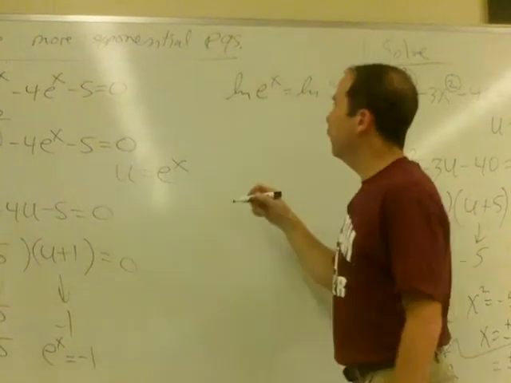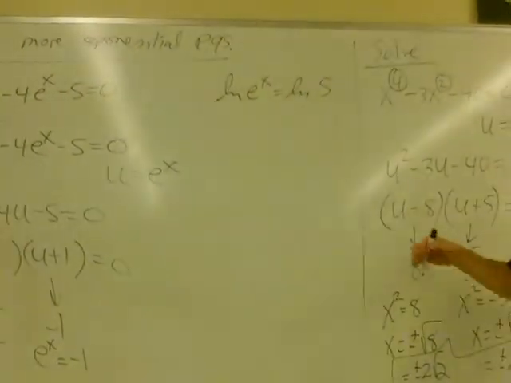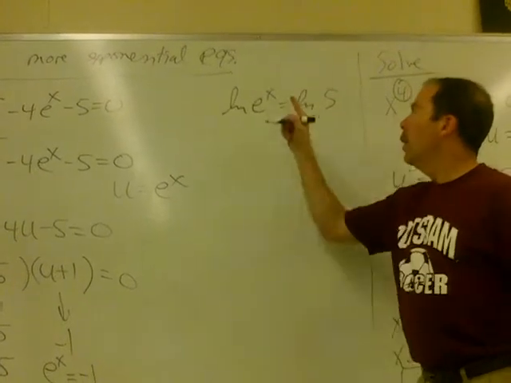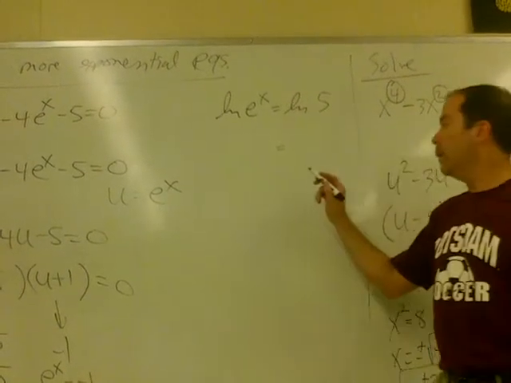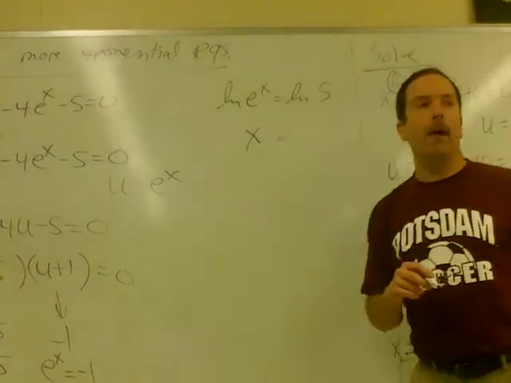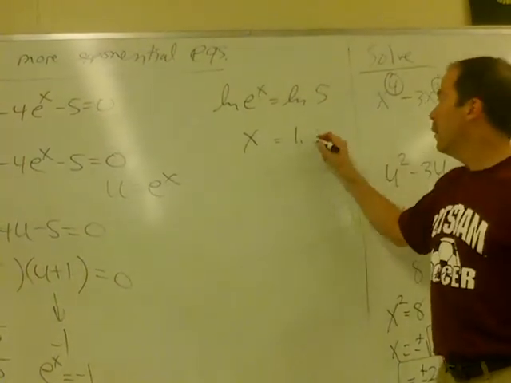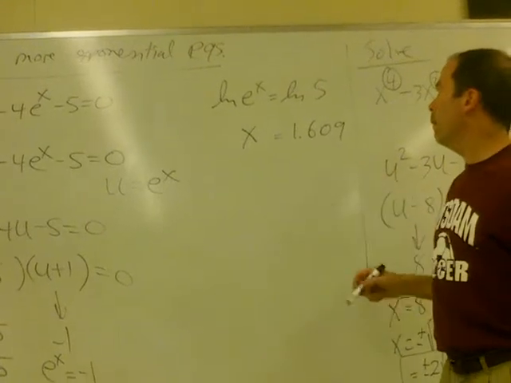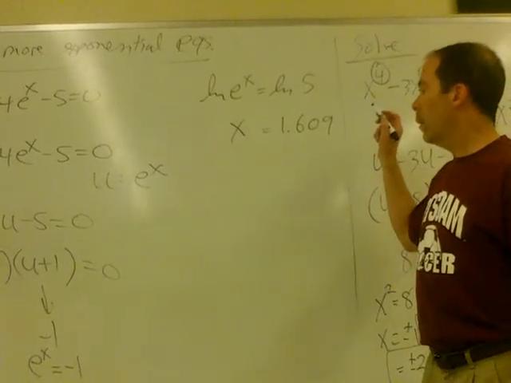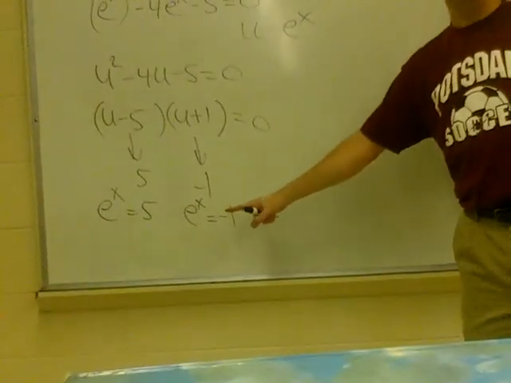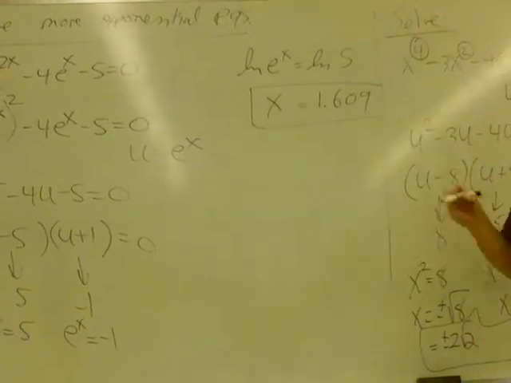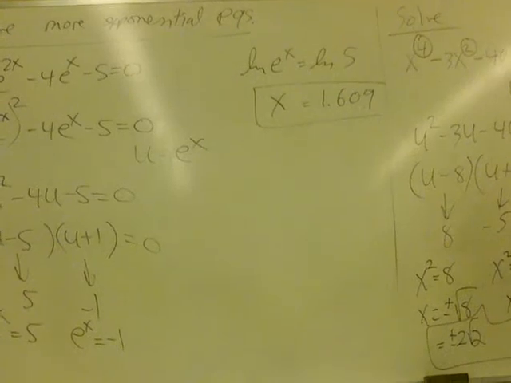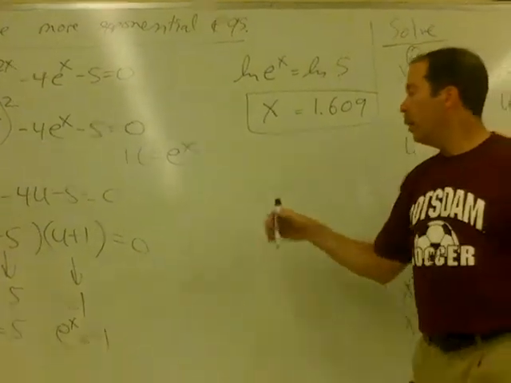What is ln e to the x? Just x. Natural log of 5 is still 1.609. We're doing the 5 first, right? Are we all good with that answer? Okay, good. Now let's take a look at e to the x